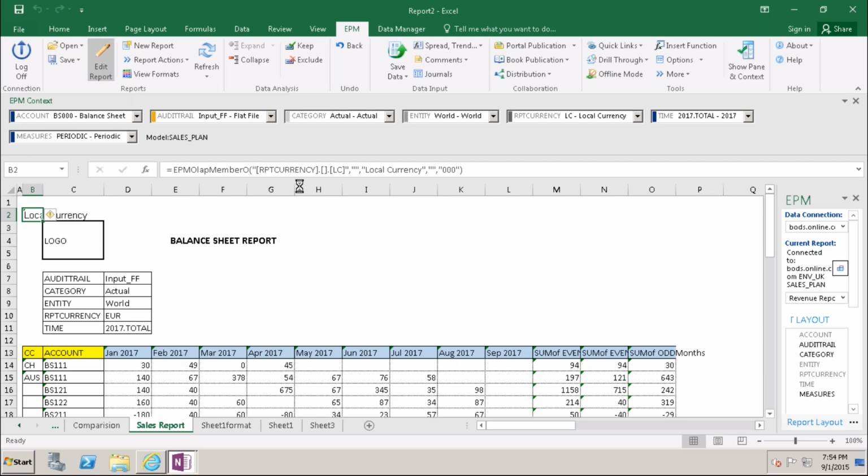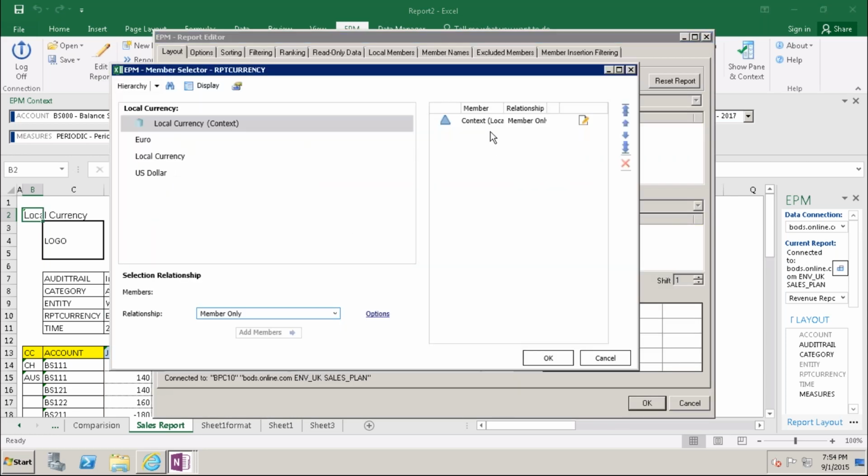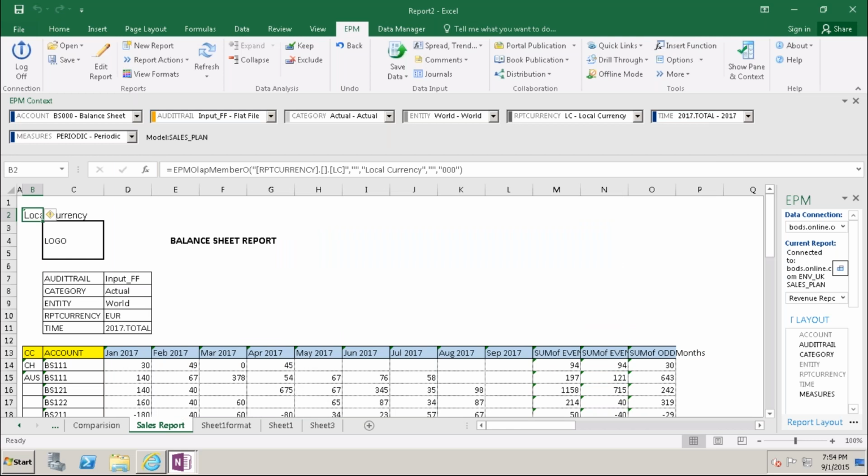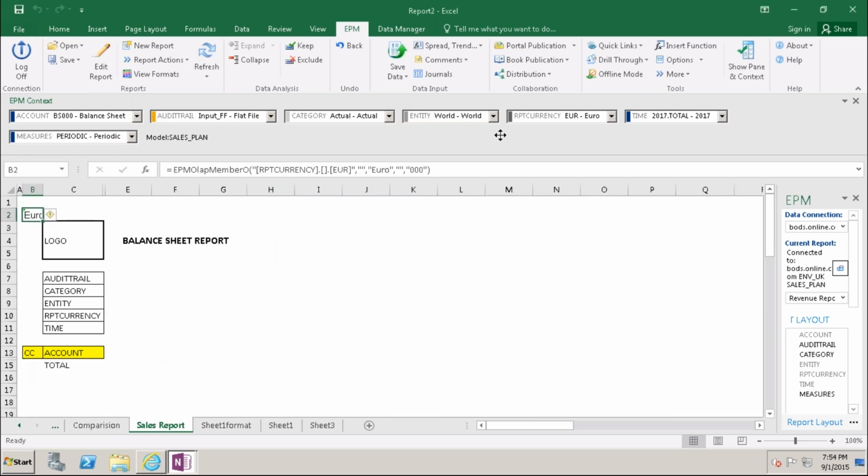The edit report, this one is member, add member, yes, okay. Context member is this one, euros, refresh, okay.